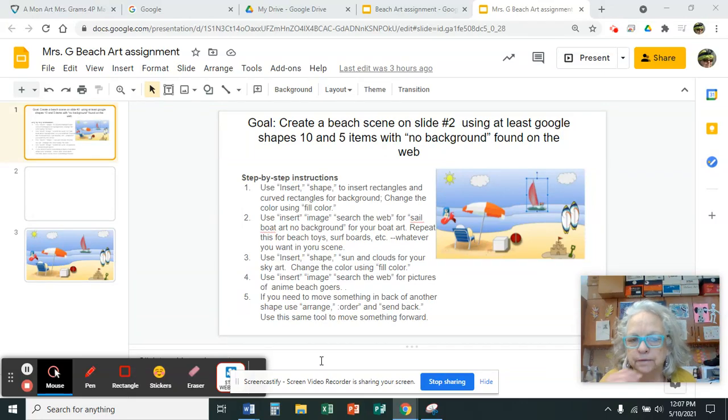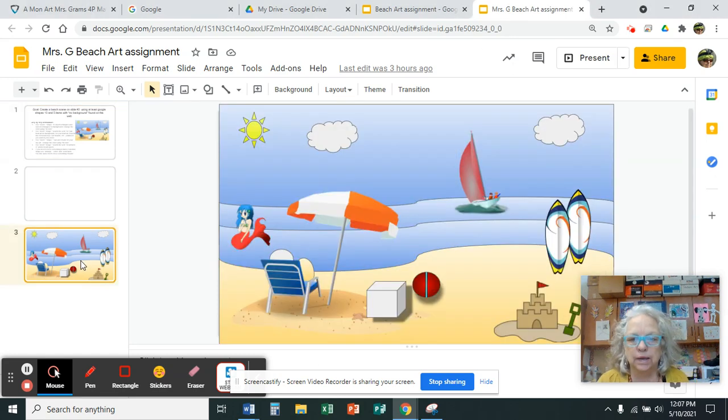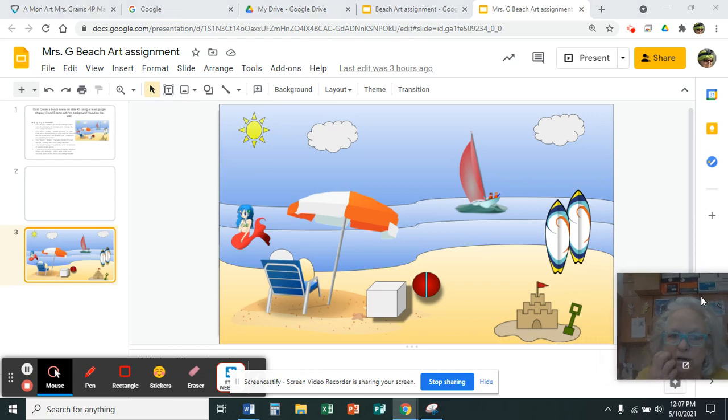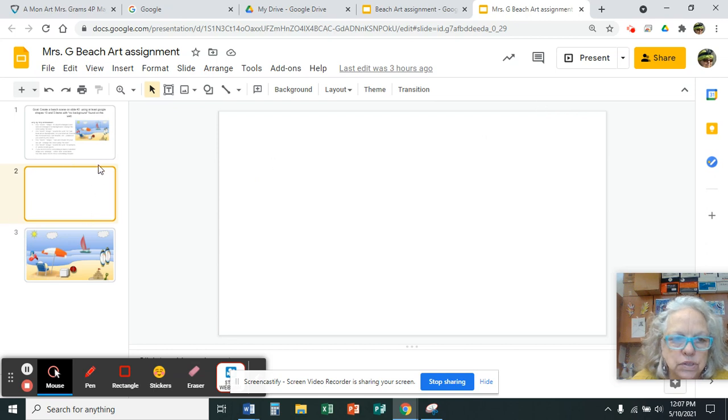Okay, in this lesson, you are going to create a beach scene on slide number 2, and you're to use at least 10 Google shapes and 5 items with no background found on the web. And here's the one that I created for this class, and I'm going to show you how I did that right now. So again, the assignment here is to use 10 Google shapes, and Google shapes are found right here